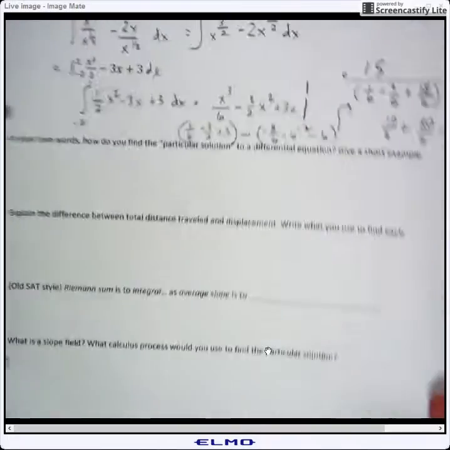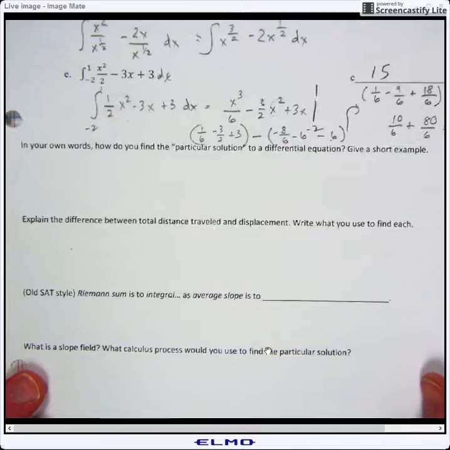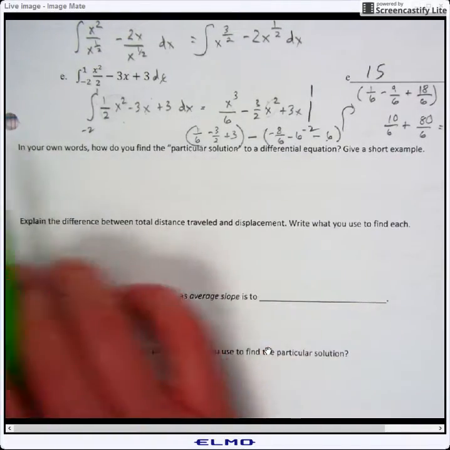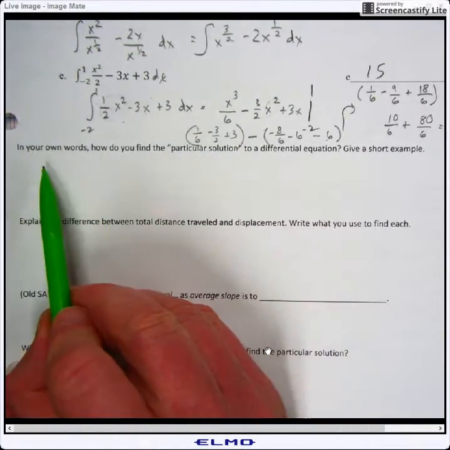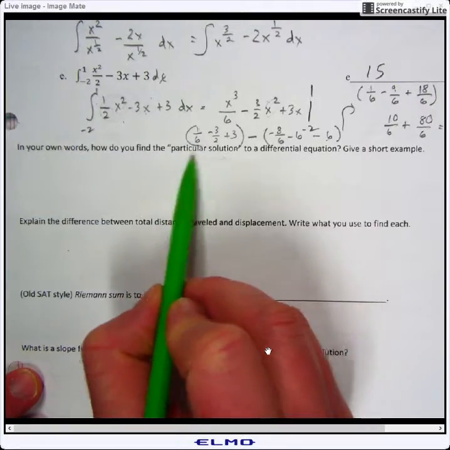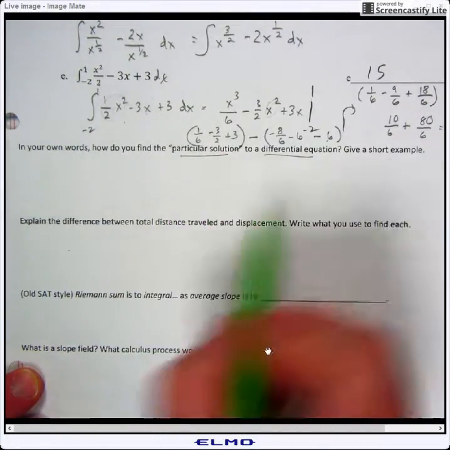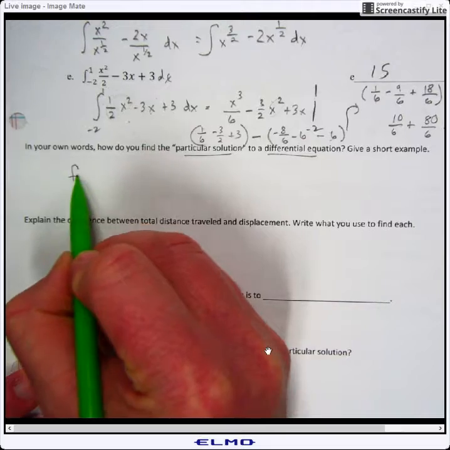I'm going to talk through the rest of some of these review questions. We just discussed this in class. Hopefully give yourself a quiz, and then you can go through and answer. In your own words, how do you find the particular solution to a differential equation? Give a short example. Simple differential equation,